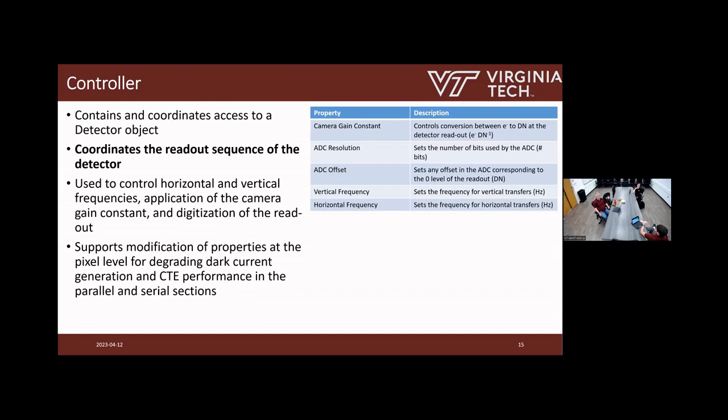Next object we have is a controller object, and this is what's coordinating how the detector is doing those different readout moves. This object is also responsible for applying things like the camera gain constant, which takes our charge cloud and the number of electrons and translates that into a digital number. It is also what's responsible for actually coordinating how the detector is read out and storing that information for when we want to use it. So here at the controller level, we can set various things like the ADC resolution, ADC offset if we want it, as well